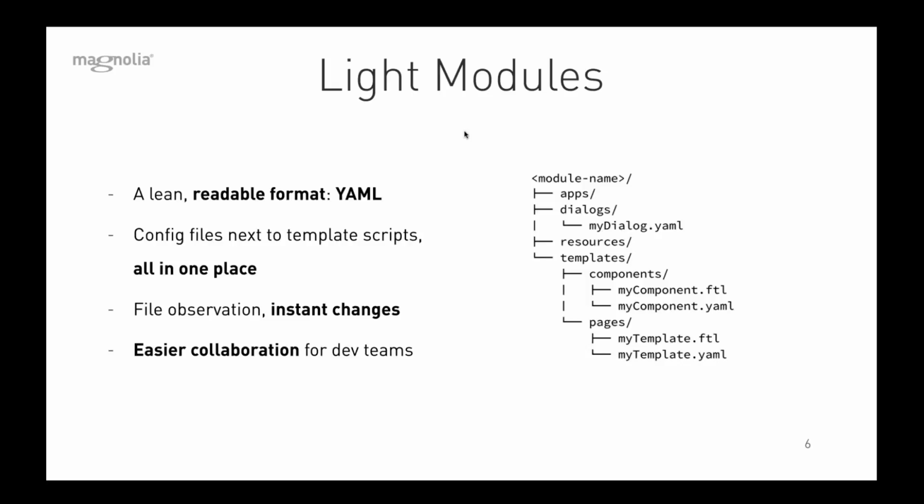Here it is just about Git. And there is also another very cool thing that we have implemented in Magnolia: Magnolia is able to watch a folder that contains light modules and automatically reload all the changes instantaneously without restarting anything. And we leverage this feature a lot in Magnolia Now to make changes pop up instantaneously in the Magnolia instances.